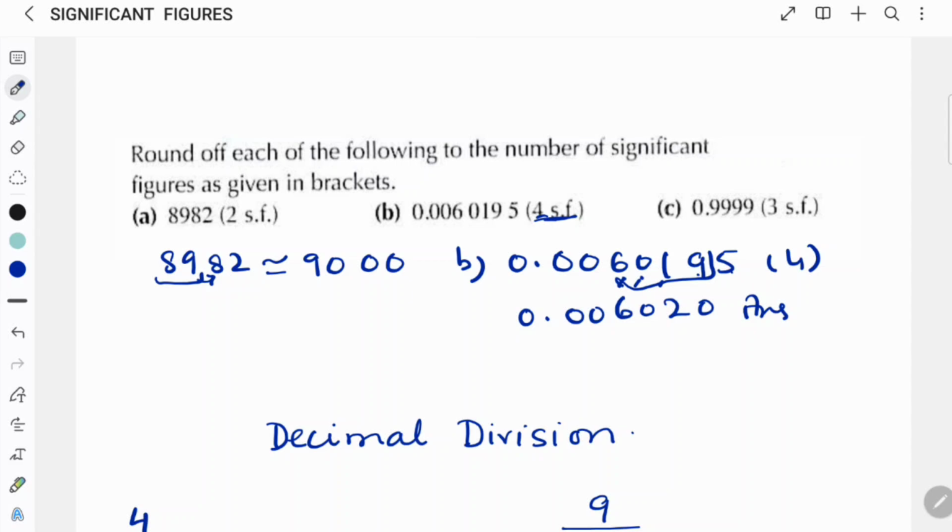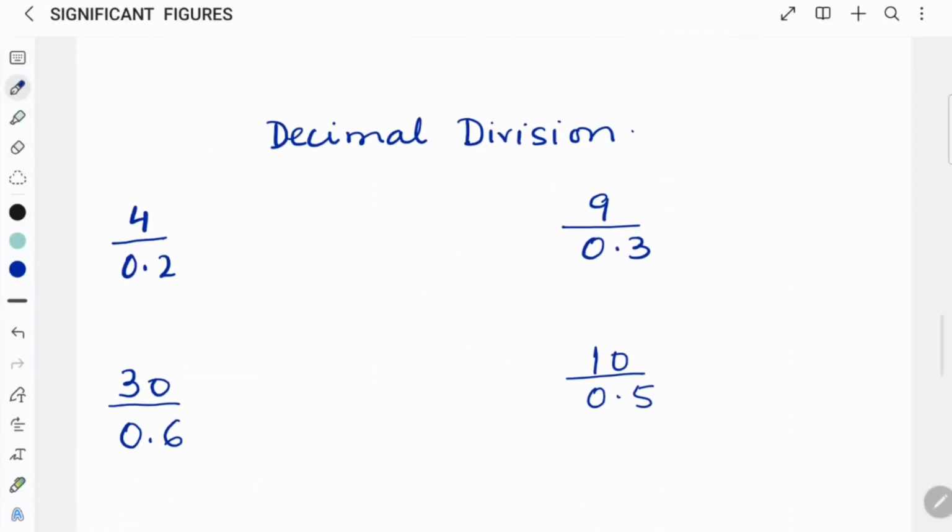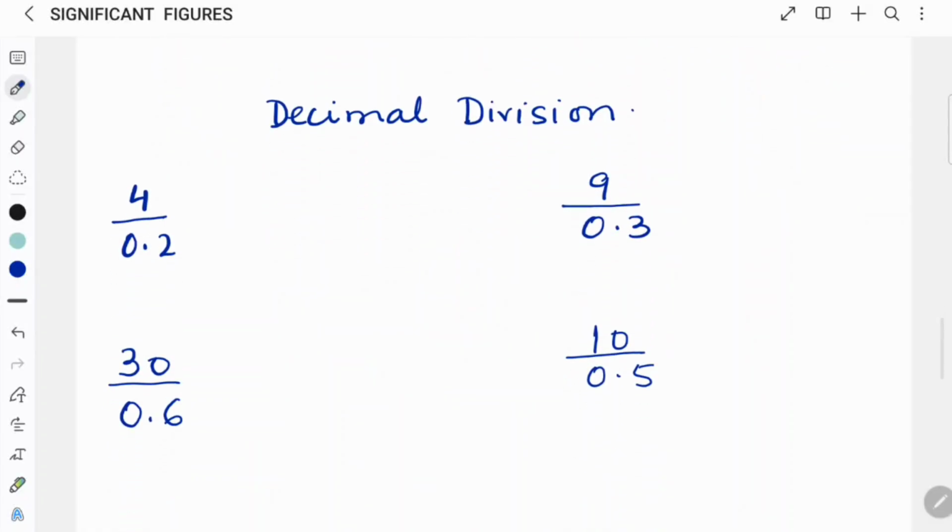Now decimal division also, just recall 4 examples here, because in estimating you will continuously have to do decimal division. You have done it previously as well, and a calculator is not allowed. So it's 4.0 divided by 0.2, which is 40 divided by 2. 2 times 20, so 4 upon 0.2 is equal to 20.